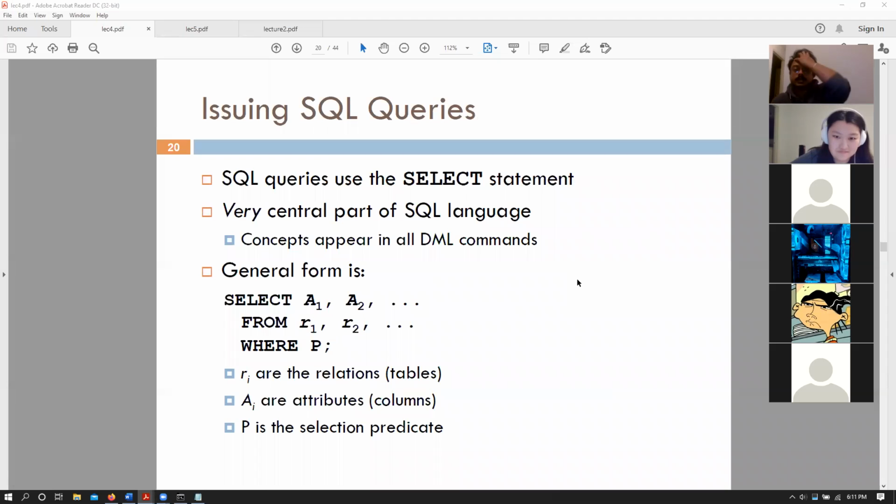Now let's talk about the select query. So now that we know how to create and insert into tables and databases, let's talk about the select query. The select query usually comes like this: select these attributes from these tables or relations where the predicate P is true. Essentially select from where is the most important query that you would learn in SQL. And once you understand how this works, you are basically okay with 80% of all database queries. Yes, this is all there is essentially.